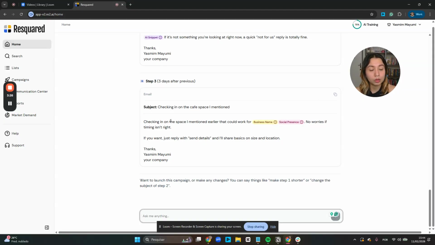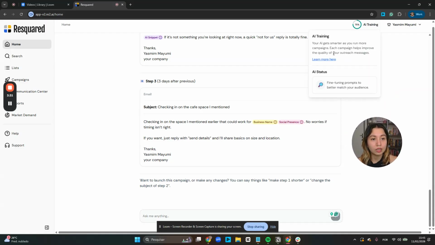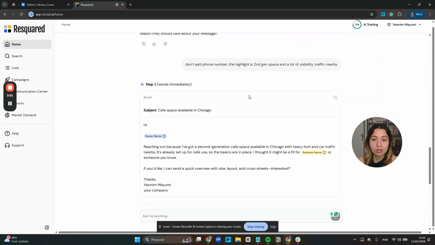So what the AI training does is, the more I use Squad, it understands what kind of message gets more replies and what kind of lists work better. So this AI training is the next step of AI personalization and automated outreach, because we have an AI that gets smarter every time you send more campaigns. So this is gold. And here Rex sent me an example of a sequence that could work,